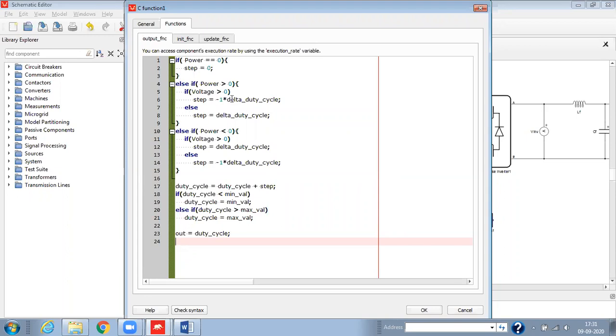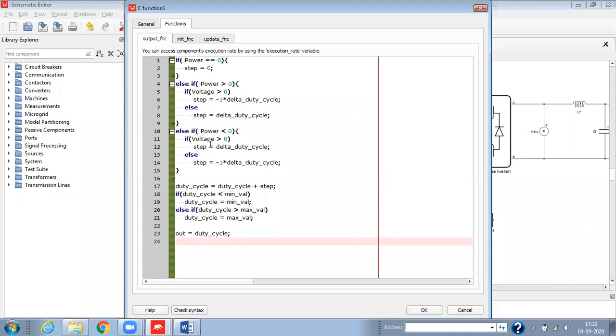Do not confuse the voltage and power here: they represent the change in voltage and change in power. So if this change in voltage is greater than 0, then the condition is for the change in power. If it is greater than 0, then step will be defined as minus 1 times delta duty cycle, else it will be delta duty cycle.